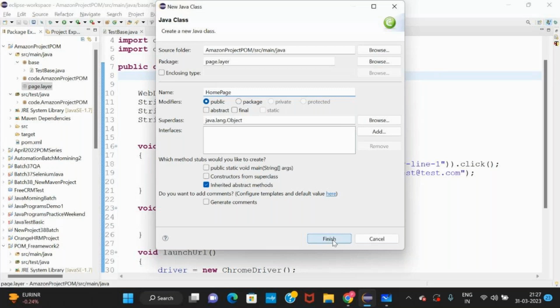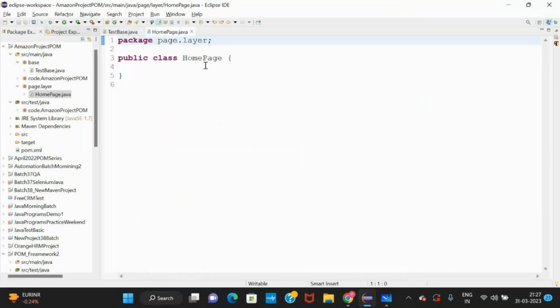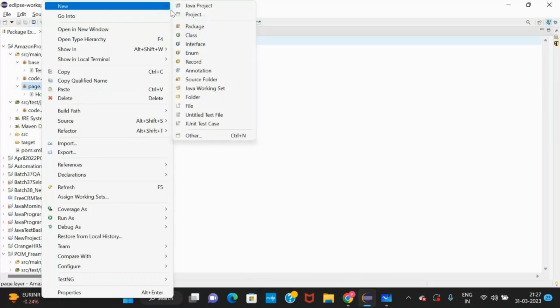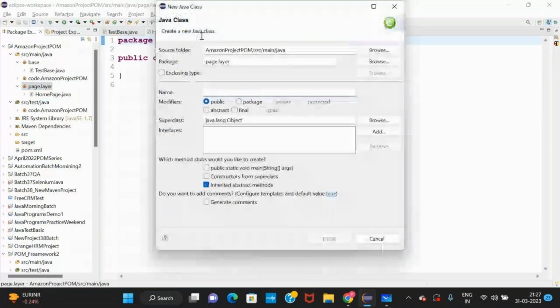No need of a main method. HomePage. Again, next class, LoginPage, and finish. How is the naming convention? Class name, first letter of the first word capital.